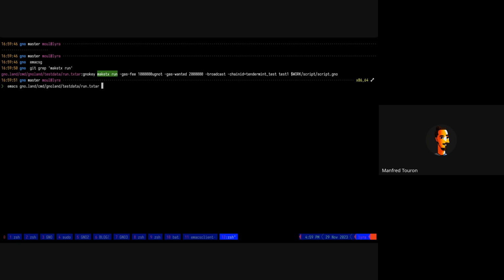The cool thing is that we can use make TX run in TXStar integration test. So here, for instance, we can make a unit test demonstrating a bug or whatever by adding a package which is defined below, and then calling a script which is also defined here.